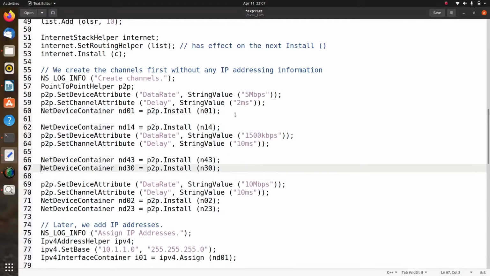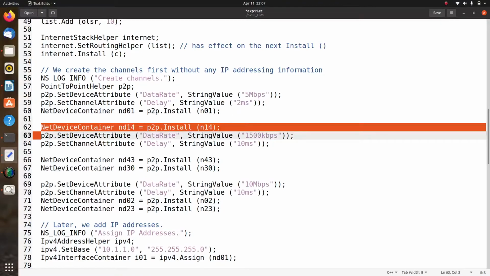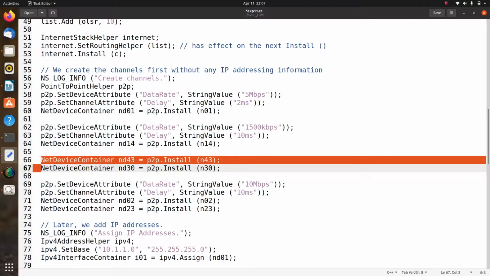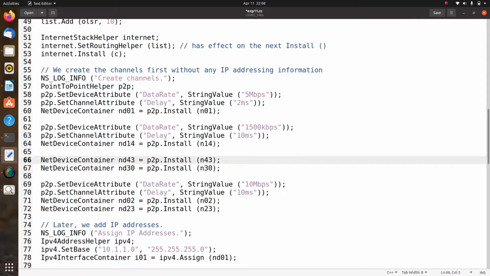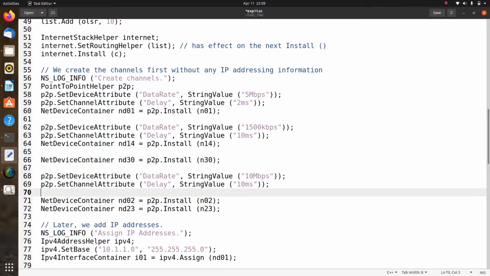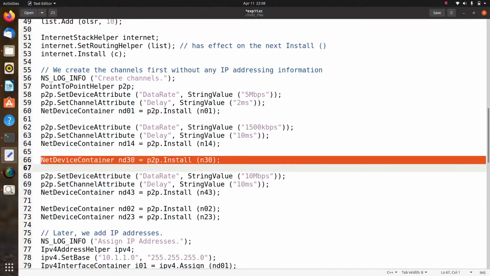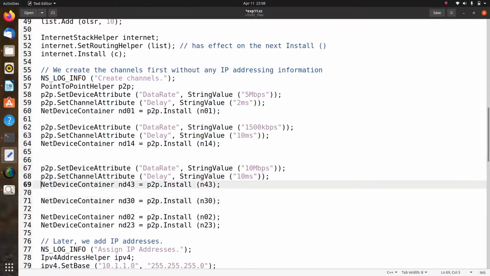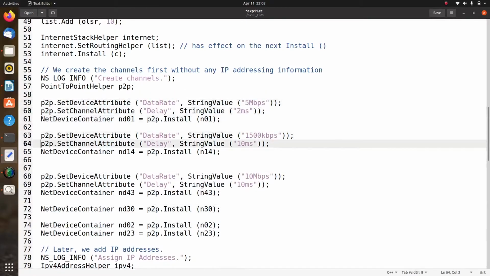So what we'll do is, we can paste this here. Then Control X, and we can paste it here. So totally we have 5 links, and totally 6 links we have.